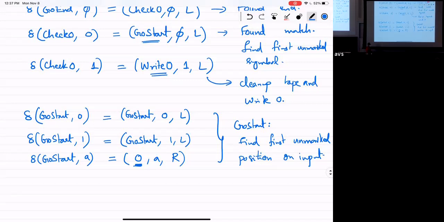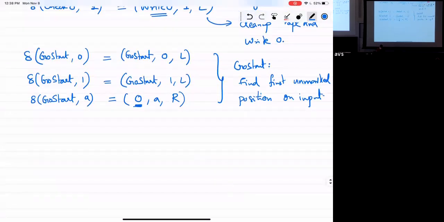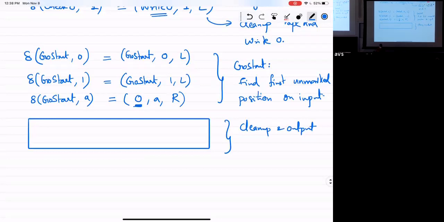Okay? I think there was a question in the chat. According to the pseudocode, yeah, basically we're implementing the same thing that we wrote in pseudocode in actual Turing machine code. And there are lots of details that you have to write. For instance, what do I mean by cleanup? Cleanup means you keep going left until you see start, you write 1. Or keep going left until you see start and write 0 and halt. Okay? So we also have to do cleanup and output.